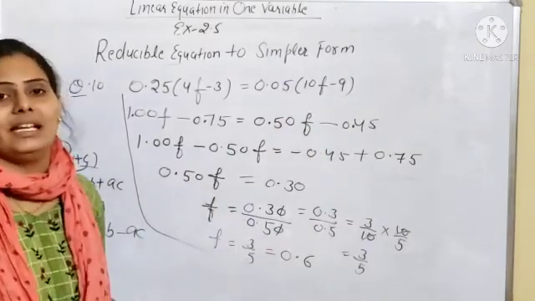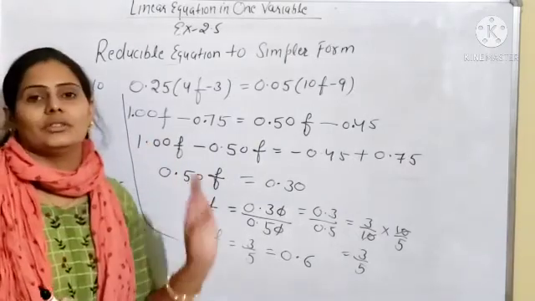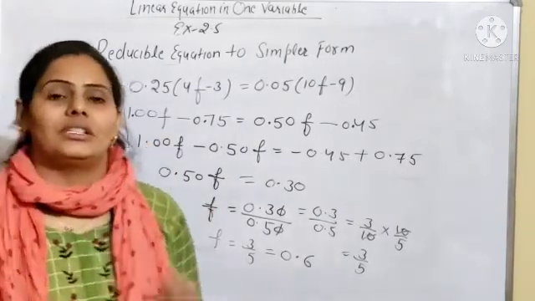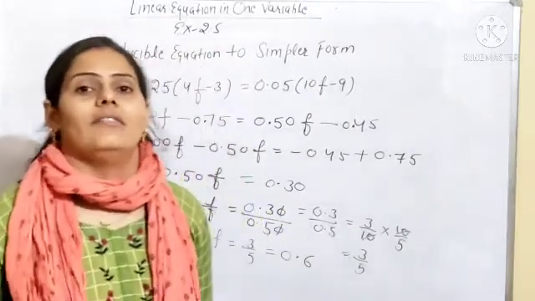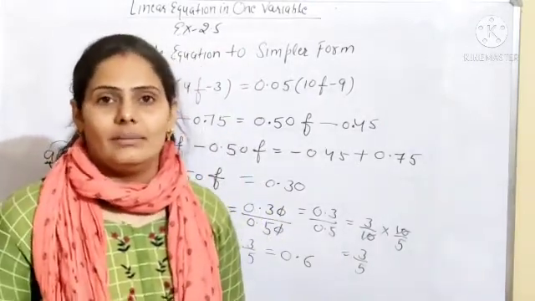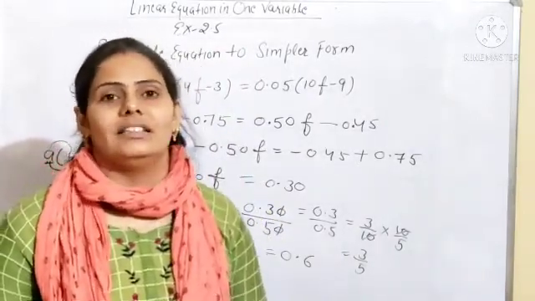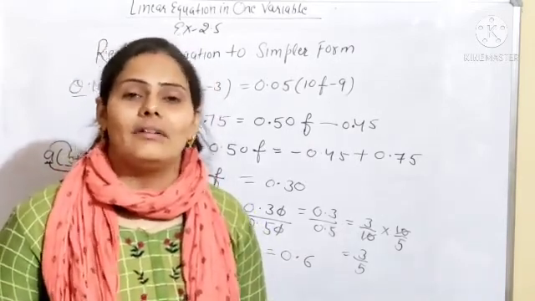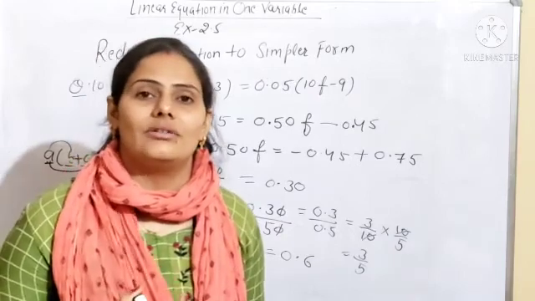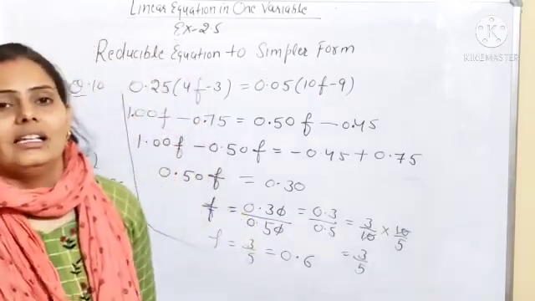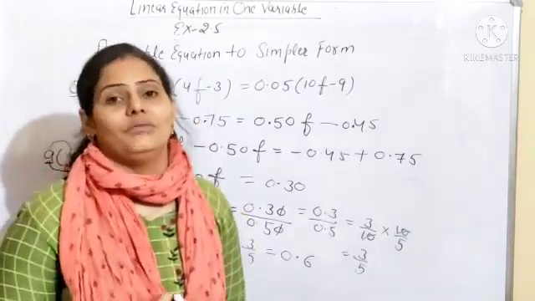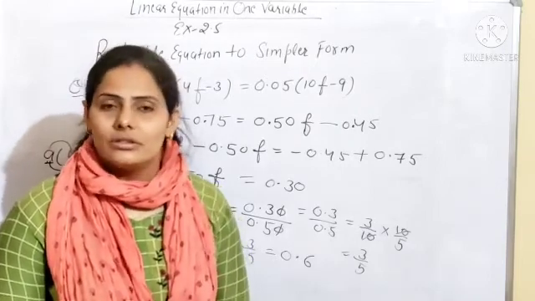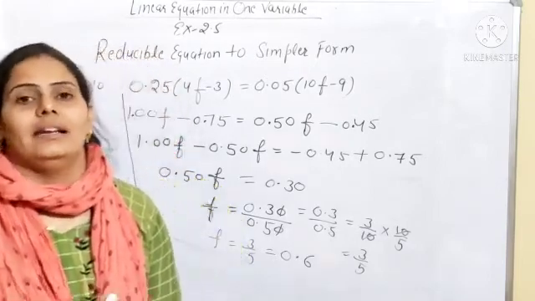So like that you have to complete this exercise 2.5. It is a very simple exercise. Only simple linear reducible equations are given. You have to reduce it and find out the simpler form, and after that find out the value of the variable. Clear beta? So you have to complete this exercise in your fair notebook. If you have any doubt, you have to join the Zoom class for the doubt session. Clear? I will clear all your doubts at the Zoom class.